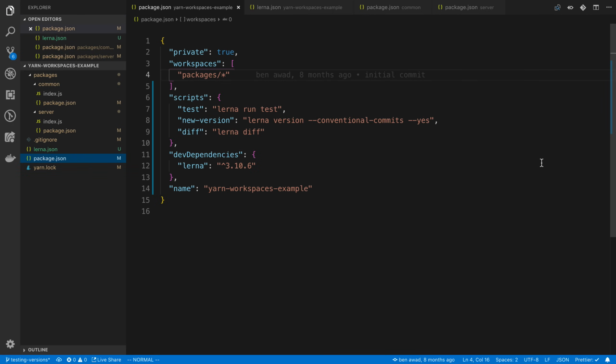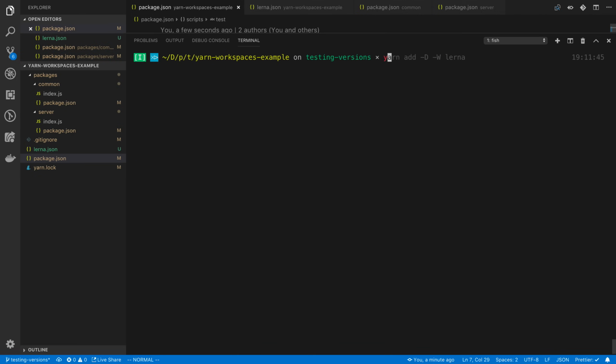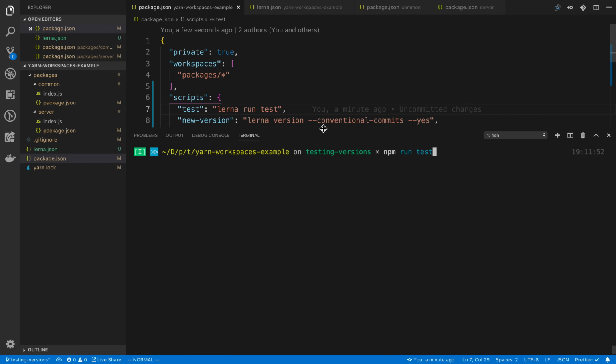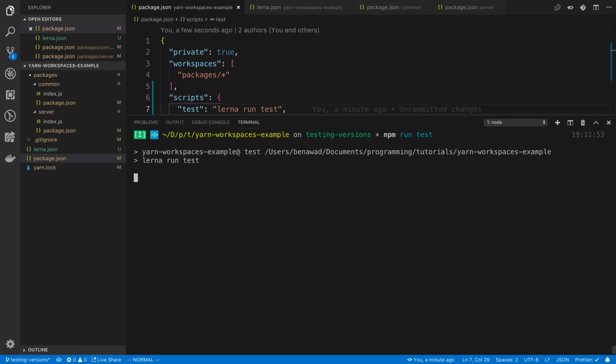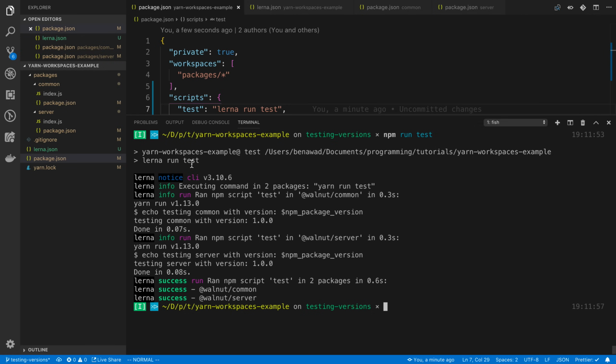All right, so the first thing I'm going to go over is lerna run. So this is a command that you can run. Basically what it does is it runs that command in each package that you have. So if I say lerna run, and we're just going to say test. So this is in my root directory. So this is going to run the lerna run test. And we're going to see Lerna gets run,